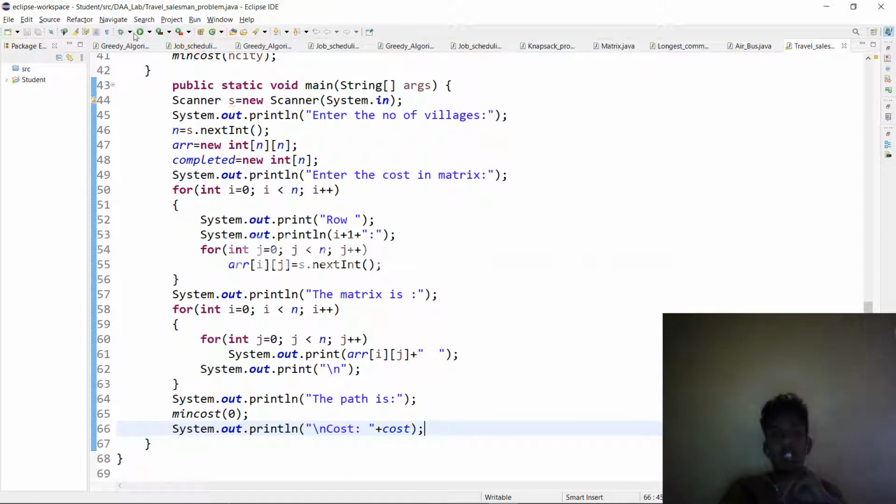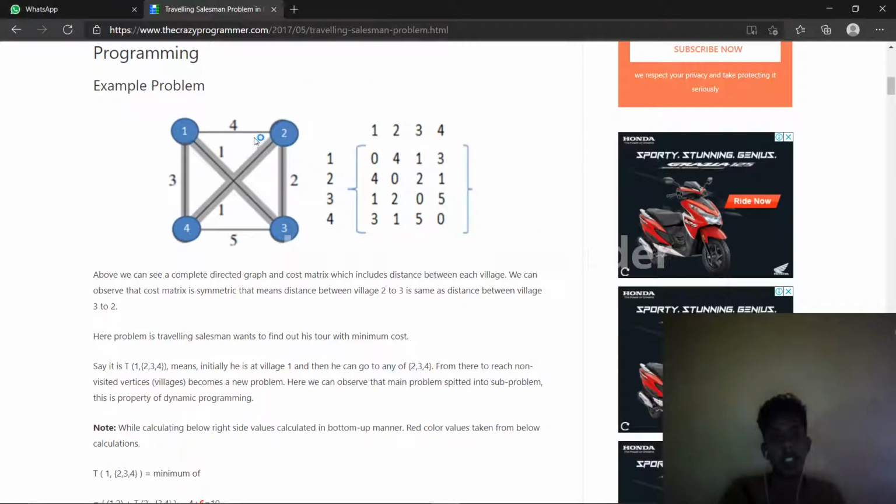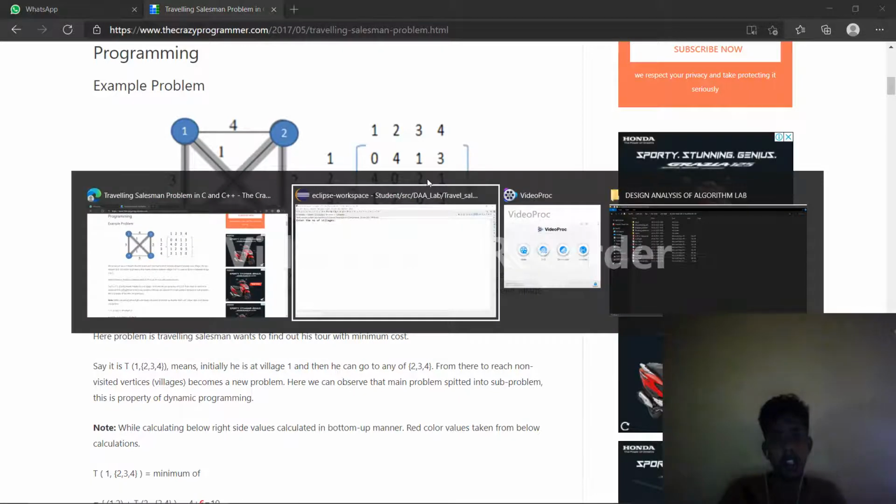So now let us execute the program. Now let us execute this same function, the same example.